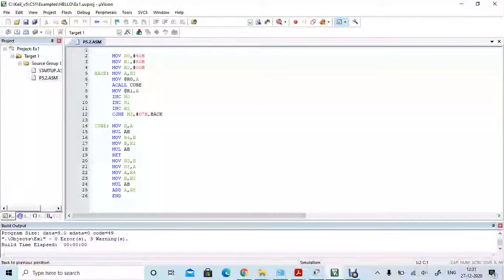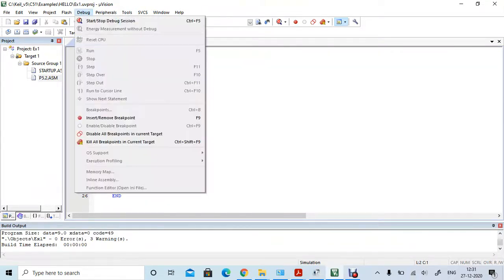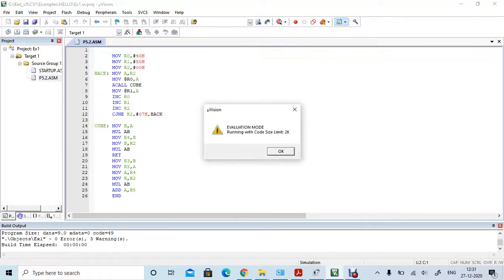Next program is to find the cube of the numbers 0 to 6 which are stored in the location 40 to 46. So the program is written and we have added the program file in the project folder. So click on the program file and press F7 key in the keyboard to build the target, and then go to debug, start stop debug session, click on it.